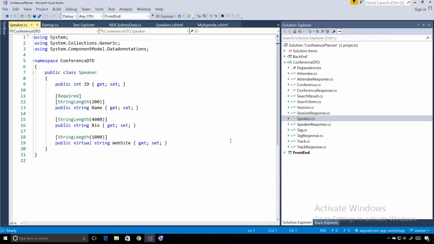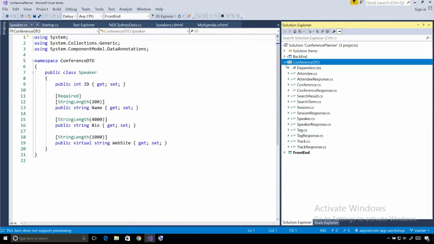Because of the place it's running, it has some extra things called attributes, and you can look at those and figure out what they probably are. Required, string length. That's pretty straightforward. You probably have a guess on that. So we've got that. Then we have the front end, which spits out HTML, and this is something called Razor